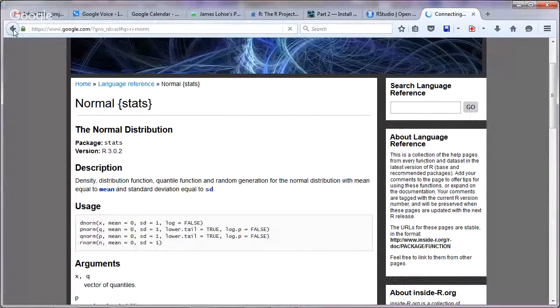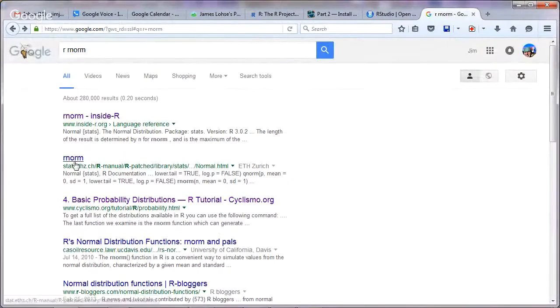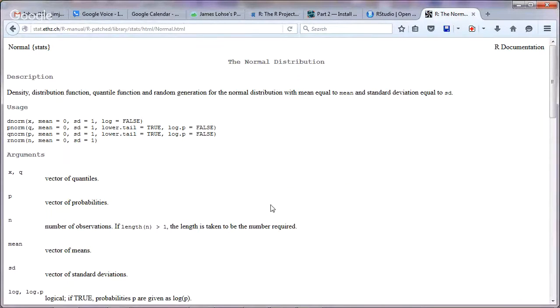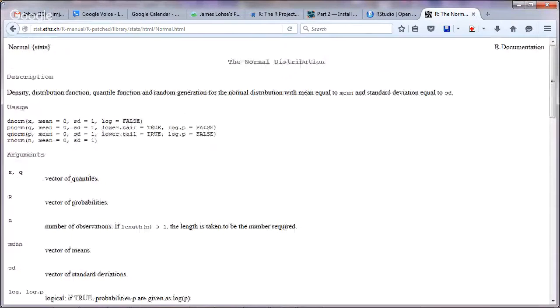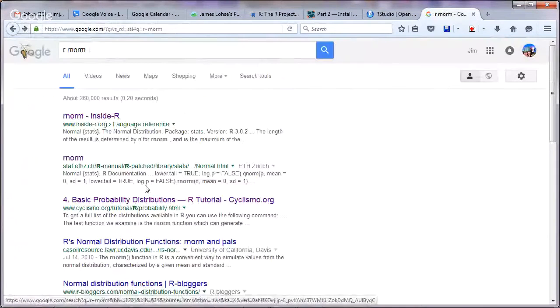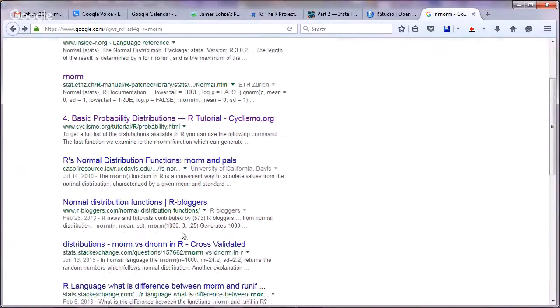Now there's some other R websites. These guys have, I think, just the documentation also. It's kind of funny to see it in a little uglier format. So these guys are just putting up the basic documentation as well. Some Switzerland site. You'll find when you're searching in R, there's several different sites that are going to come up